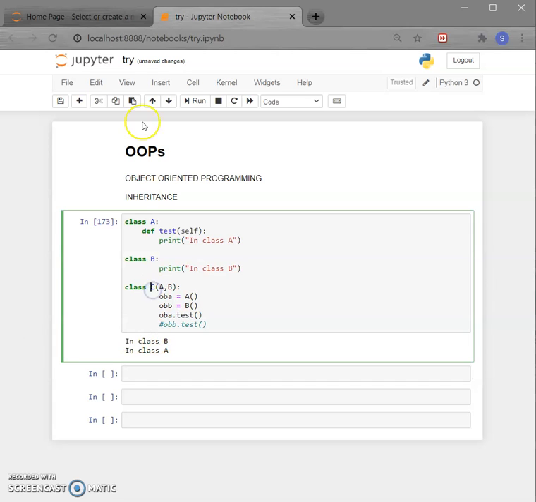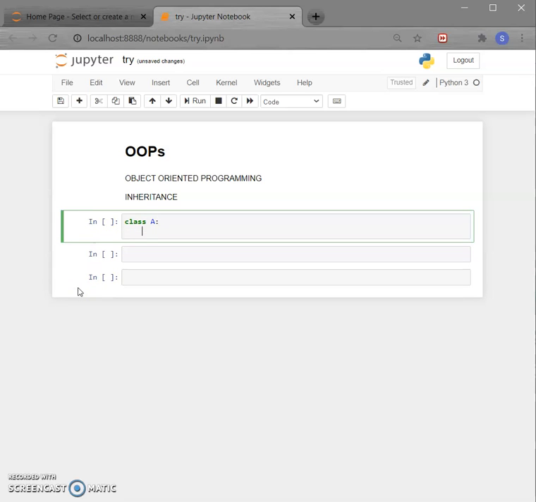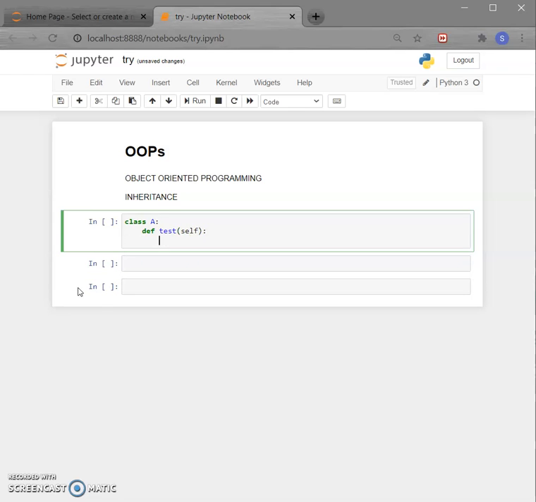Now there is another requirement I am talking about. That was quite brainstorming, and now this one will be easy. What I want is that you have a class A, and you define some method test over here. Let me return something like